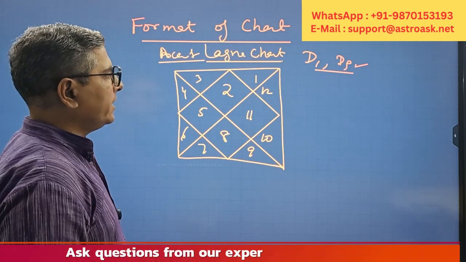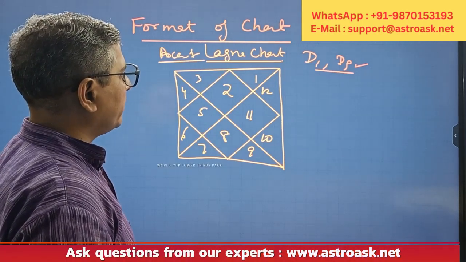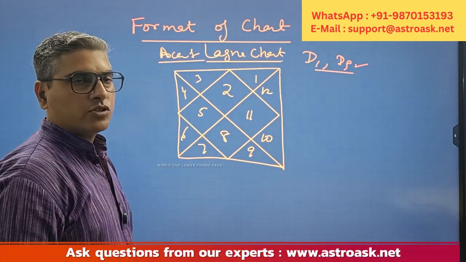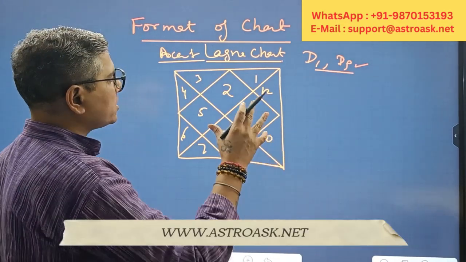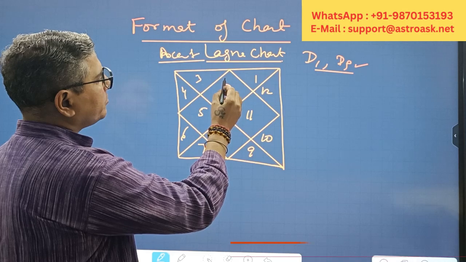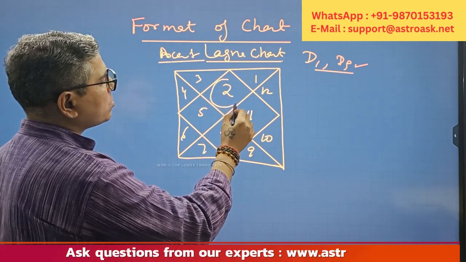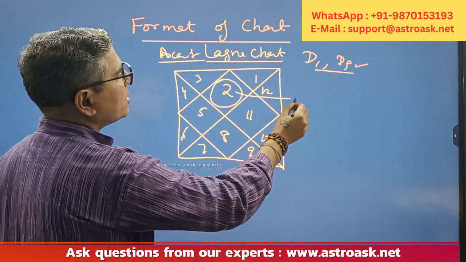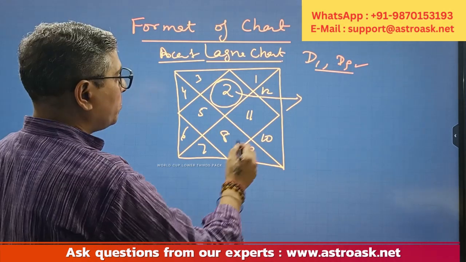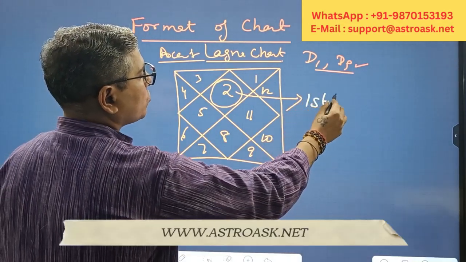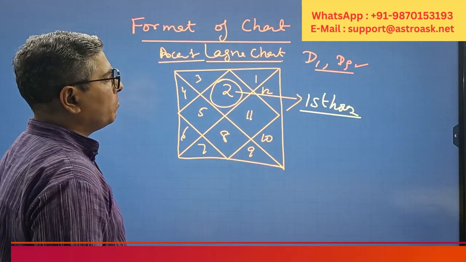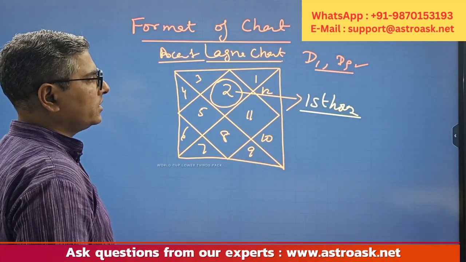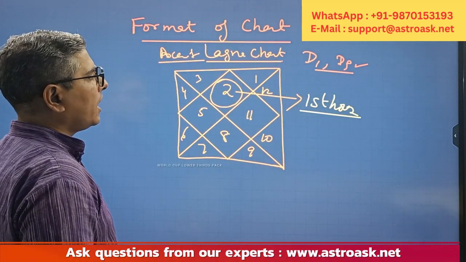Let's first understand what these numbers represent and which house is your first house. That is very, very important. So when you see a birth chart and you see this house, this is the first house of your birth chart. This is the first house. Okay, so this is the first house of the birth chart where 2 is written, and after that